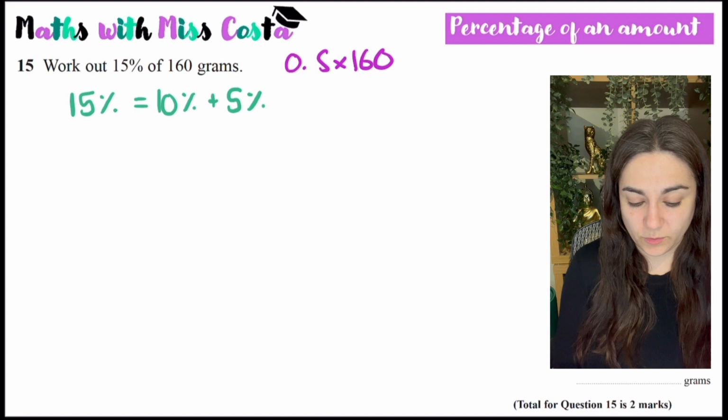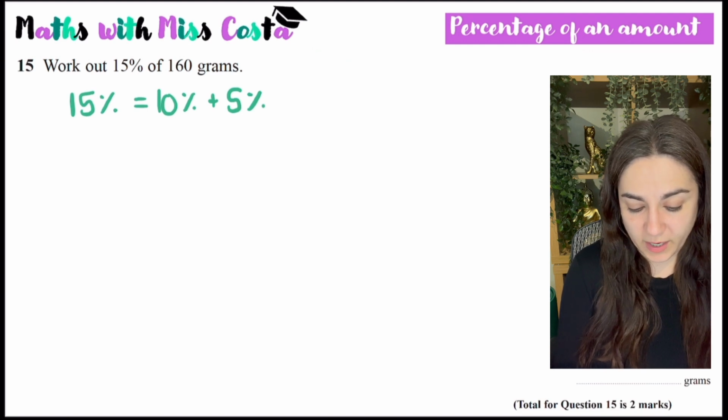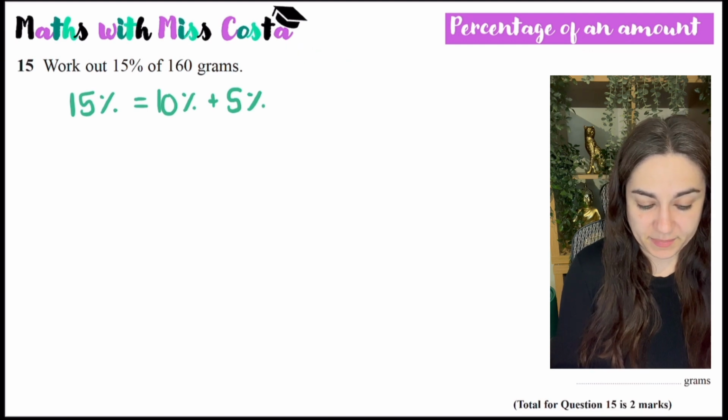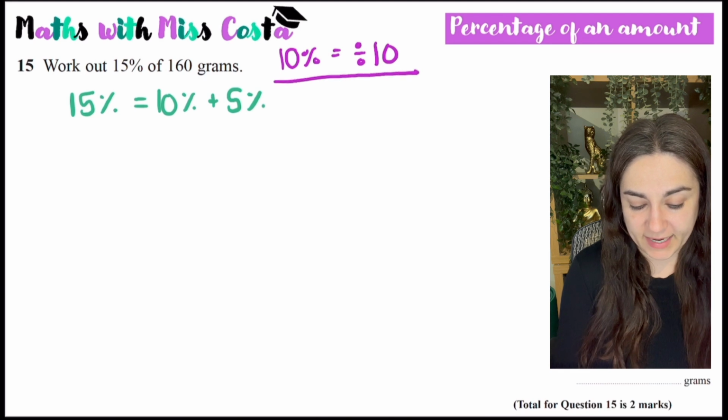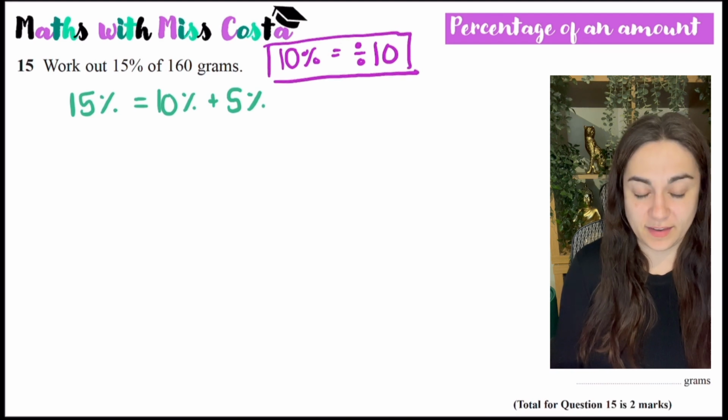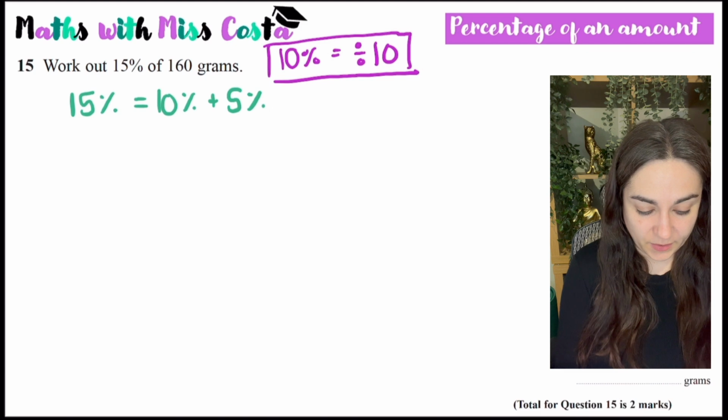And something that you should all know is how to work out 10%. 10% is one of the quick percentages that you should know the cheat method for. To work out 10% of anything, you just divide the amount by 10. So I know that